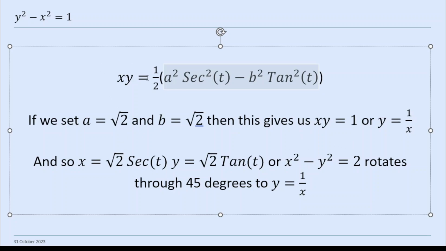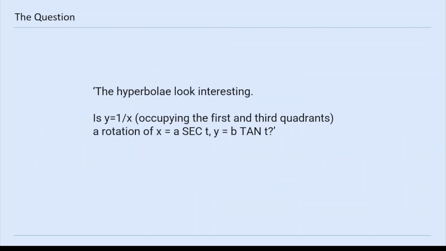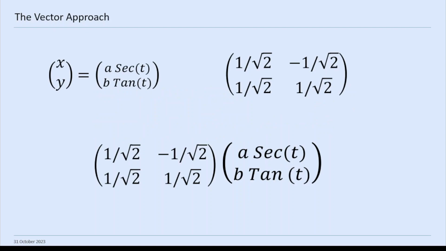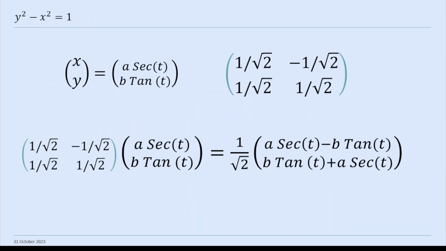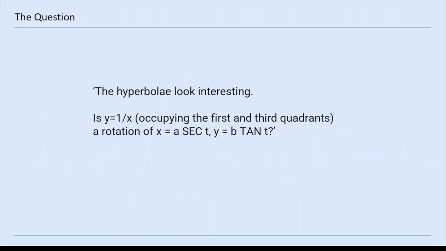So basically, the answer to Andy's question is yes. The short answer is yes, 1 over x is a rotation of x equals a sec t, y equals b tan t, as long as a and b are 1 over root 2. Hang on, let me check. Or are they just root 2? As long as a and b are root 2. If a and b are root 2, then the answer is yes. But to be precise, which we need to be because we're mathematicians,